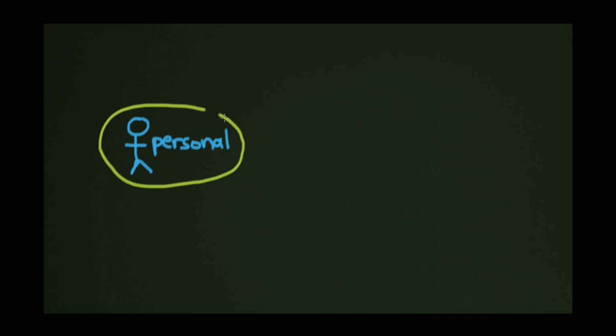Alright, so let's take a look at the levels that health occurs at. And we'll do that by drawing our blue person here. It's not a blue man, it's a blue person. And we've got our personal level of health again. And that has to do with things like your hygiene, your nutrition, your freedom from illness or injury. All that sort of stuff is encapsulated in your personal health. And a lot more. Again, relationships, for example, being another thing. And then when you take more than one person and group them together, then you've got